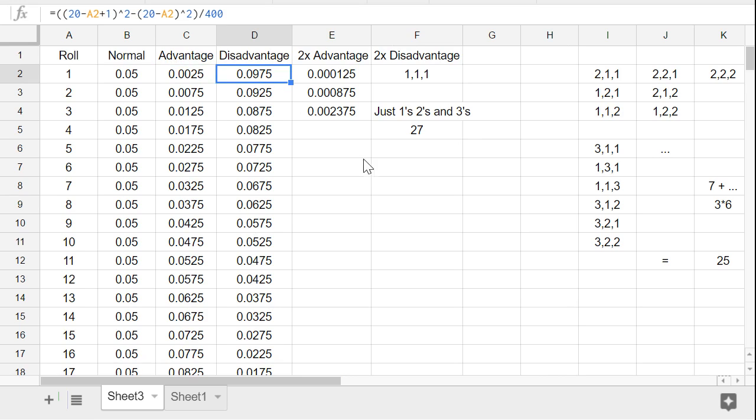And as it turns out, the same argument works when you're in 3 dimensions, when you're working with triples. So you can do a 2 times advantage, if you're thinking of it like a cube instead of a square, which would basically mean the same formula, but everything is to the 3rd power. So literally just change the powers to 3. And that's still 1, and that's still 0.875, and that's still that. That's still 1, and